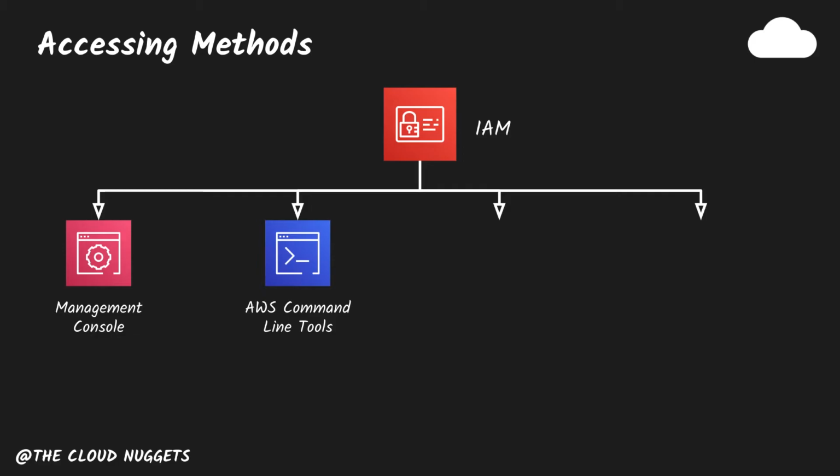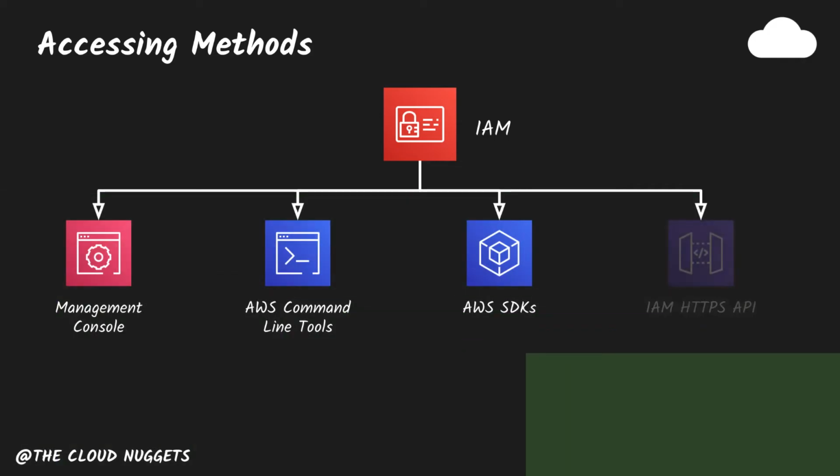The command line tools are also useful if you want to build scripts that perform AWS tasks. AWS provides 2 sets of command line tools: the AWS Command Line Interface, simply called CLI, and the AWS Tools for Windows PowerShell. SDKs. AWS provides SDKs that consist of libraries and sample code for various programming languages and platforms. The SDK provides a convenient way to create programmatic access to IAM and AWS.